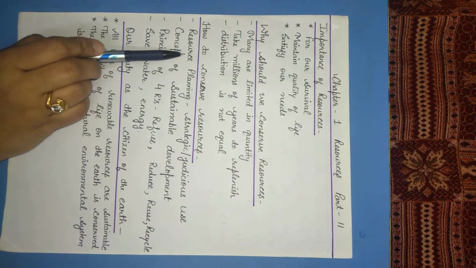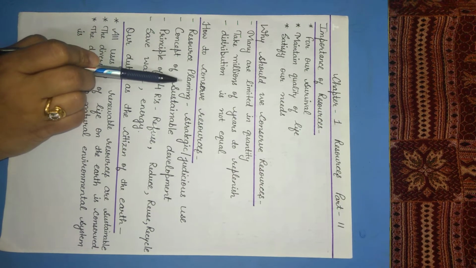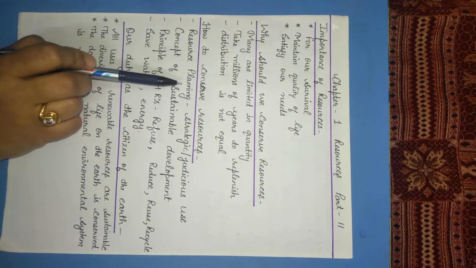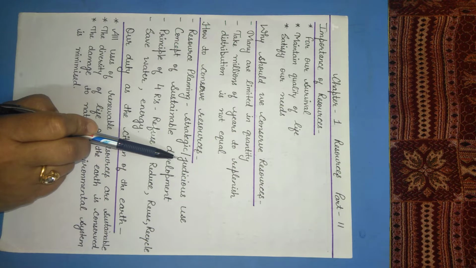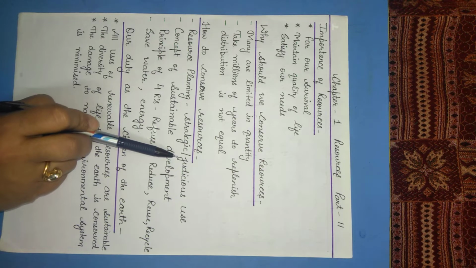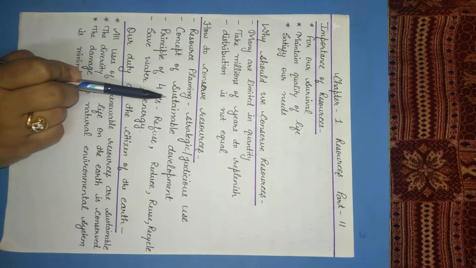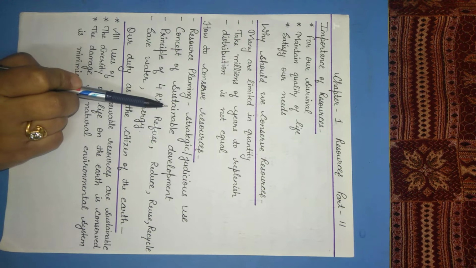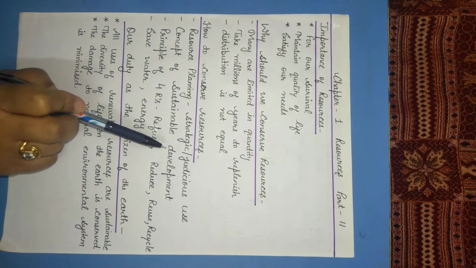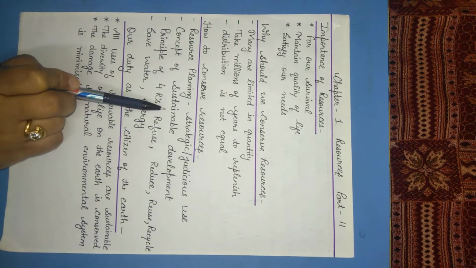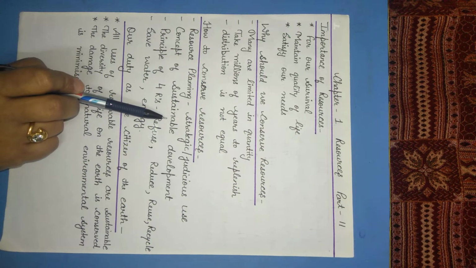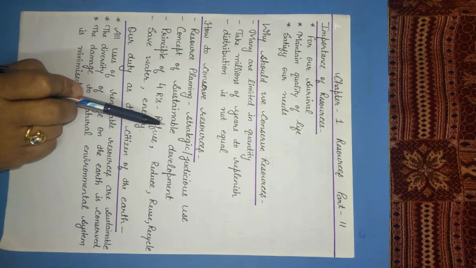For this we have to think about resource planning, because planning is the way through which we can think about the strategic or judicious use of these resources that will definitely help in conserving them. We should follow the concept of sustainable development. According to sustainable development, we have to develop for the human being, but with this development we have to think about conserving these resources. We have to take care of the resources for the future generation.